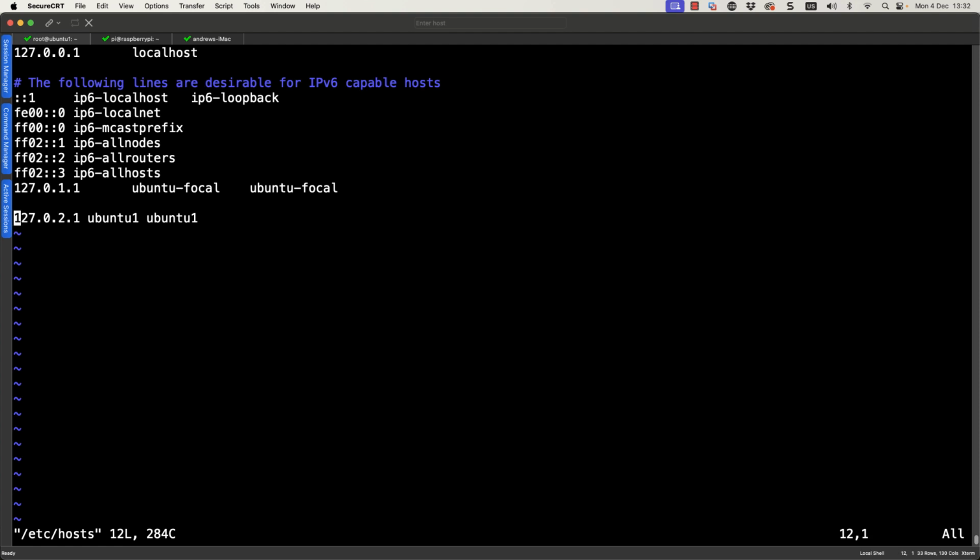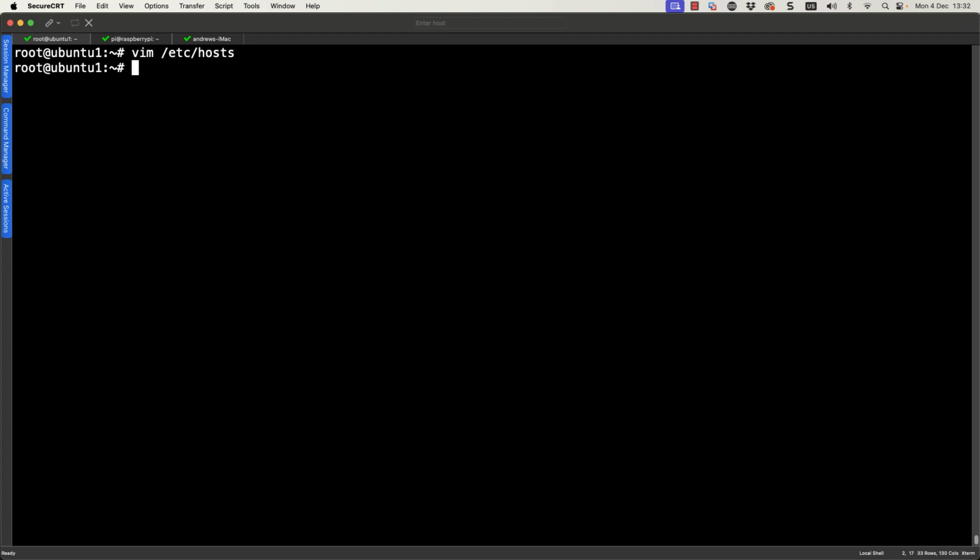I can use uppercase G to move to the end of the file, lowercase o to insert a new line, add in the IP address of the host-only networking adapter, so the 254 address, and then add in the host name. So this becomes, as I say, just a simple way to overcome the issue.